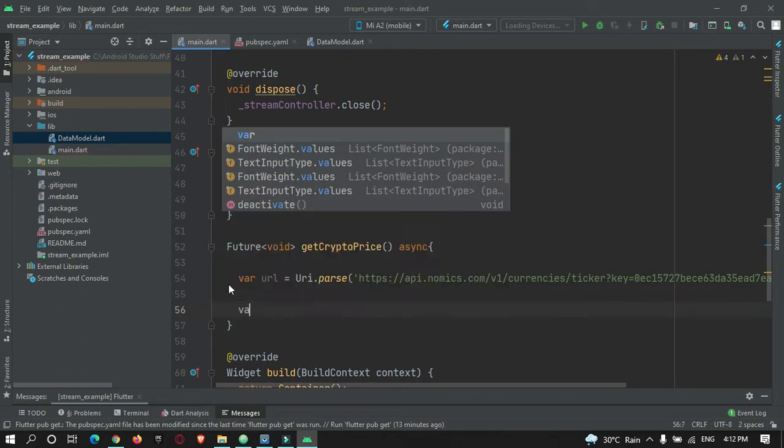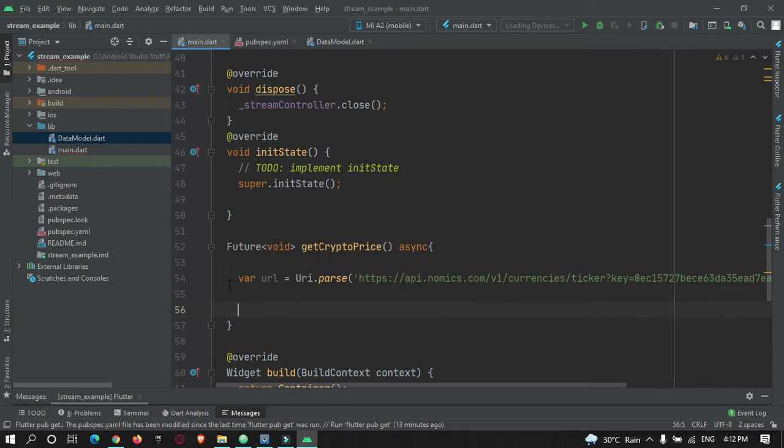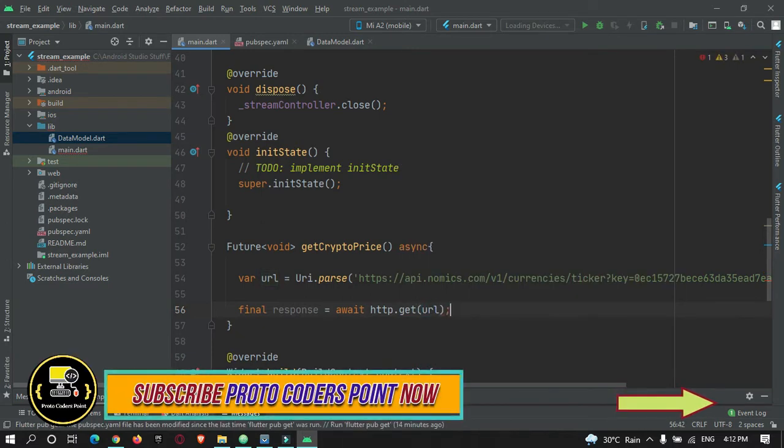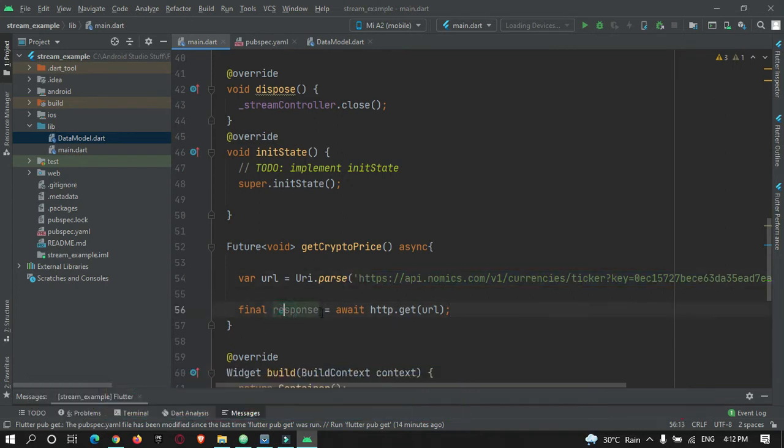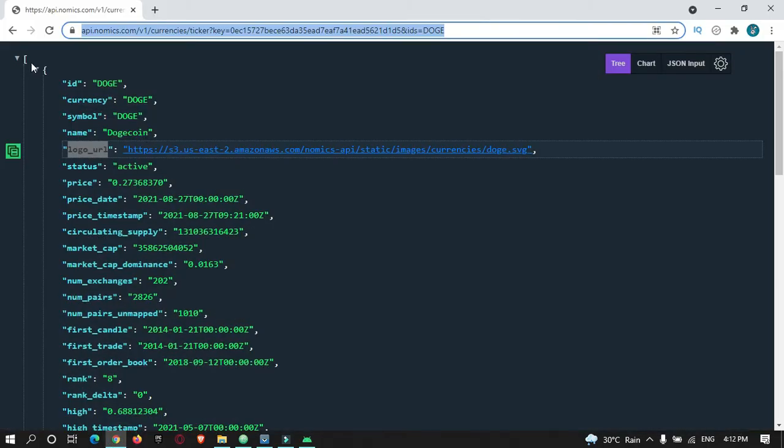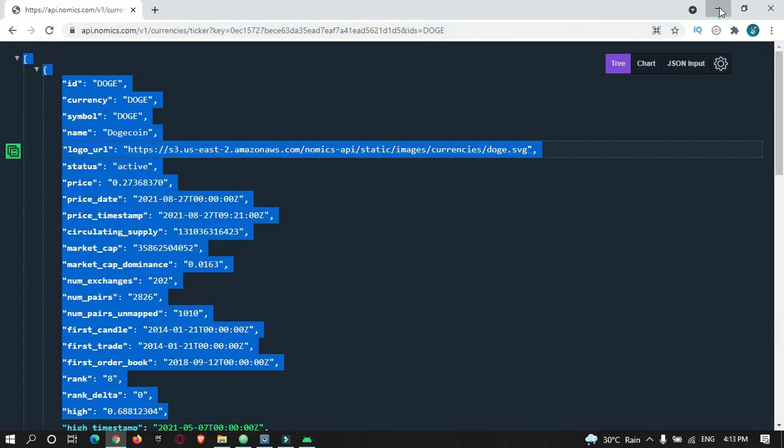Okay, so now we need to store the response of this URL. So for that, final response is equal to await http.get, and here you need to pass the URL. Okay, so this response will be stored in our response data type. So this whole string will be stored in our response data type.